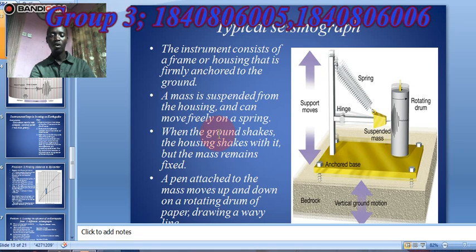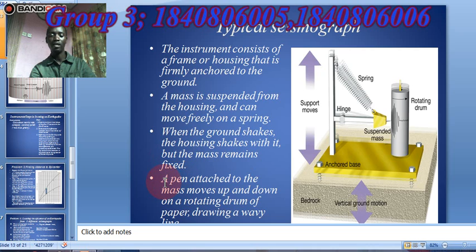So actually, when the ground shakes, the housing shakes along with it, but the mass is designed in such a way that it will stay fixed. When the ground shakes, the frame and the anchored base tend to shake, but this pendulum will remain fixed due to